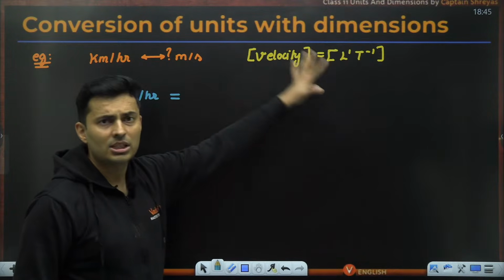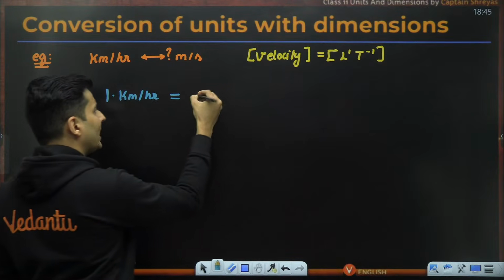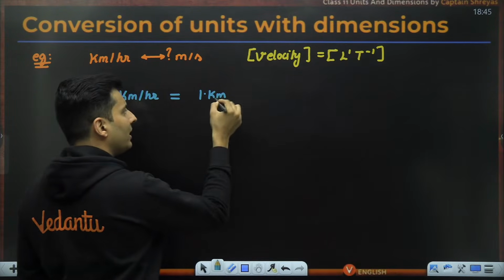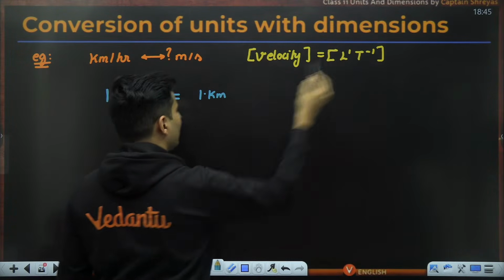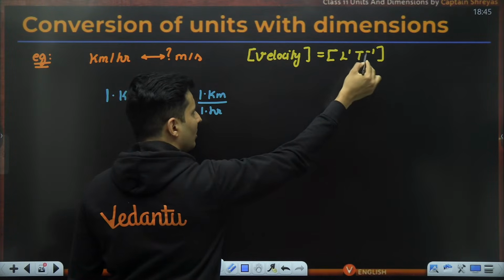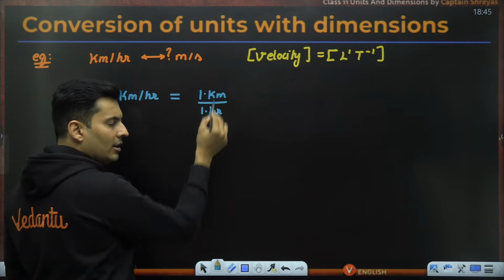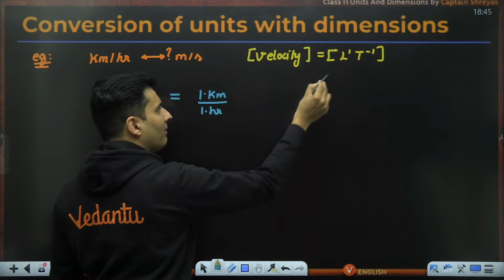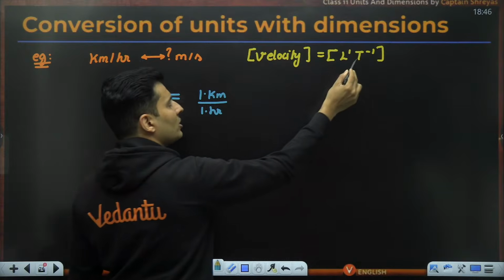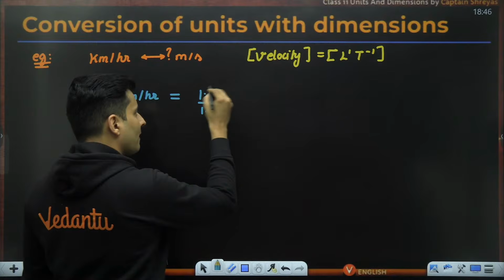So you can see dimensions are needed because now I'm going to play with that. I will write it as 1 kilometer because length is raised to 1. So kilometer is the unit of length per unit time. So 1 hour over here, and it is below because the dimension of time is below. So I'm writing this particular unit in its fundamental units with suitable powers looking at the dimension. Kilometer is for length raised to 1. Hour is also time, but it is in the denominator because negative power. Now, once you reach this step,